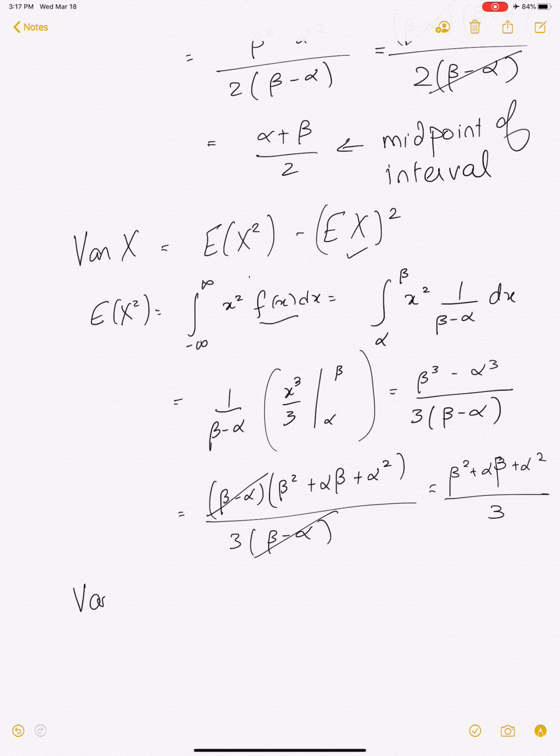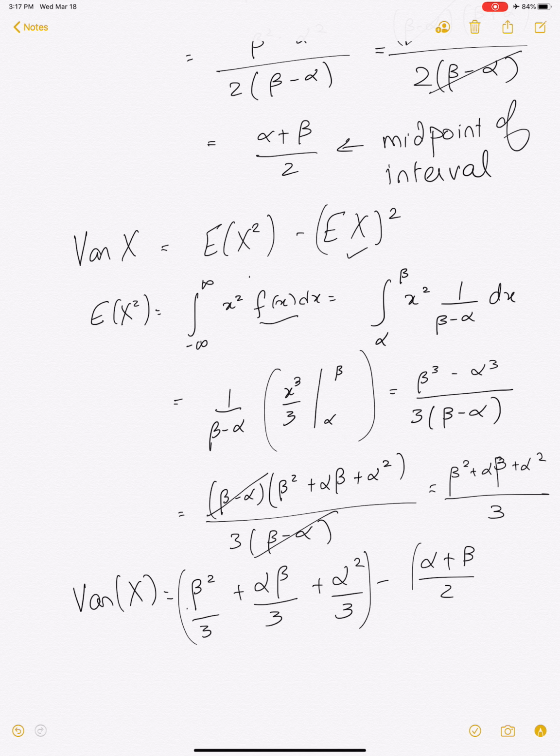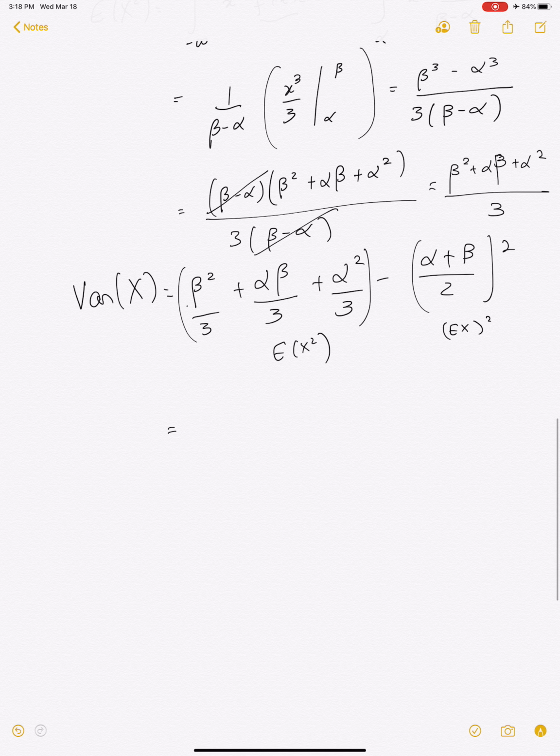Okay, so what's the variance of x? It will be exactly this: beta squared over 3 plus alpha beta over 3 plus alpha squared over 3 minus, so that's the expectation of x squared, minus the expectation of x, whole squared. Okay, and working this out, what do you have? You have beta squared over 3 plus alpha beta over 3 plus alpha squared over 3 minus alpha squared over 4